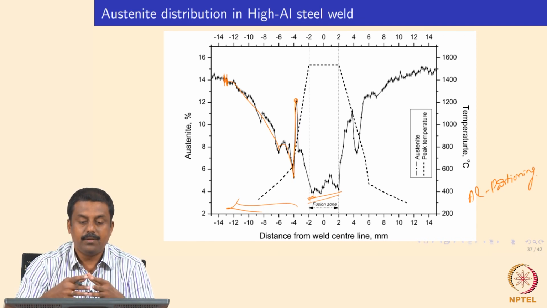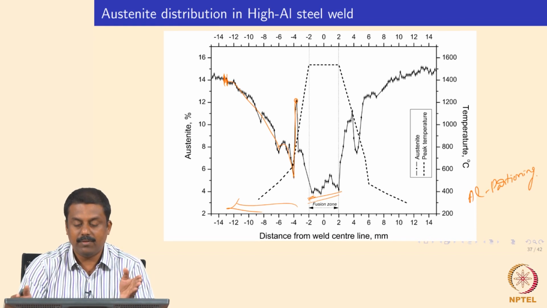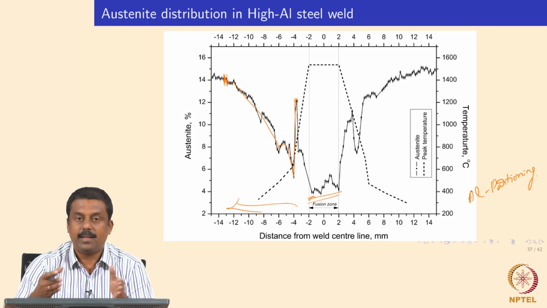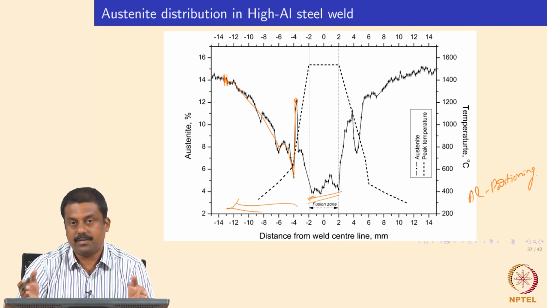So I hope it is clear for you how the retained austenite changes along the weld zone, starting from base material to the center line. Based on the peak temperatures, we can have varying amounts of retained austenite fraction. The other lesson I want to give you here is, if you have metastable phases like retained austenite in the microstructure, you will also enlarge the heat affected zone.